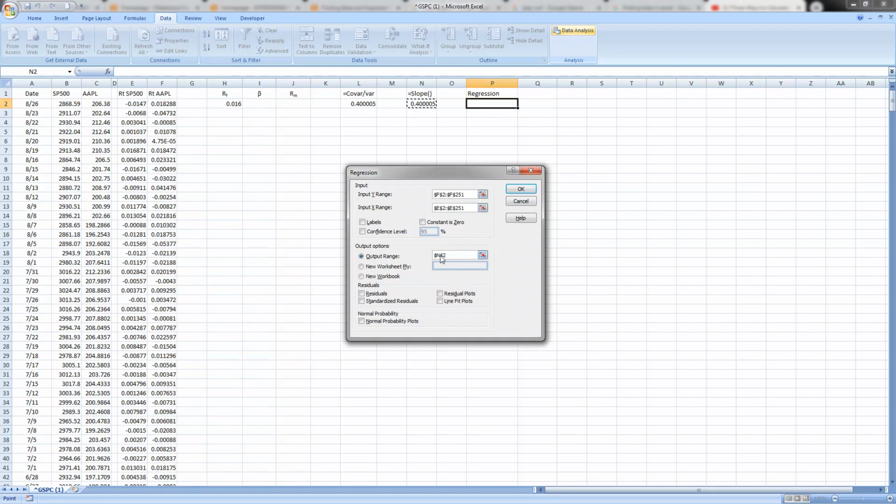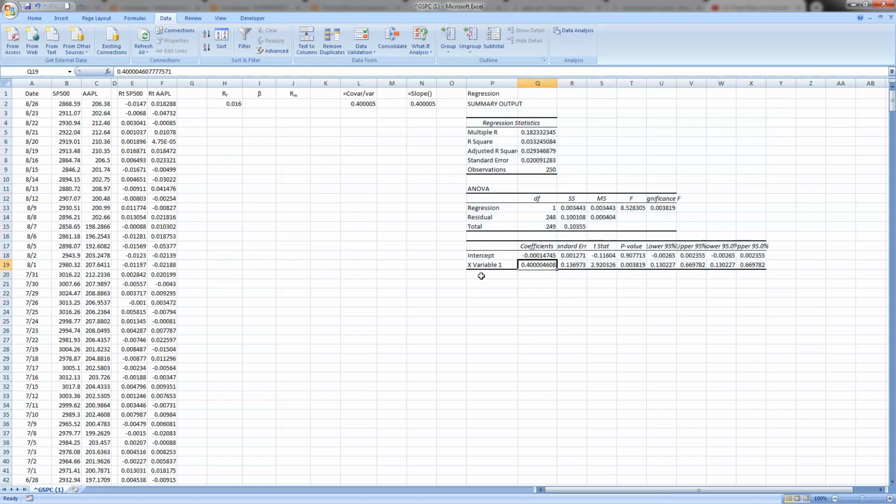We're going to select an output range of P2. If you click labels, it will actually change the way the regression output, and you won't get the same value as slope, and you do not want to select constant as 0. So you just want an input range where we have Apple stock, that's what we're trying to explain, and we're using market returns to explain. You'll see the beta right here for x variable 1, and you'll see it's the same as in